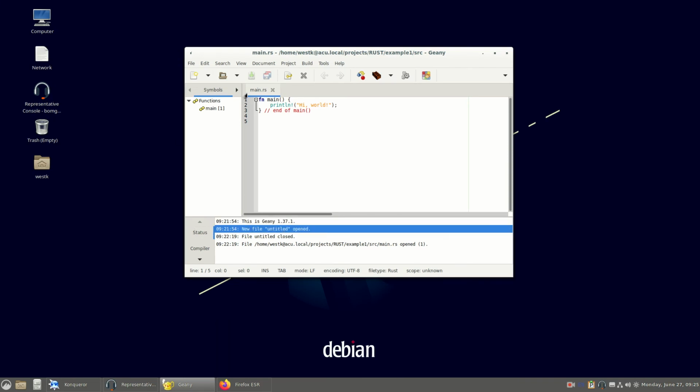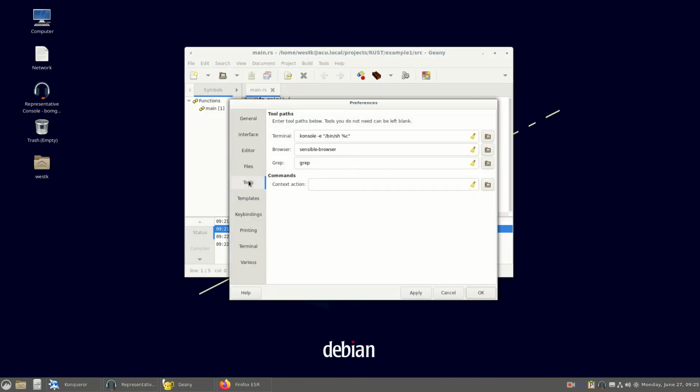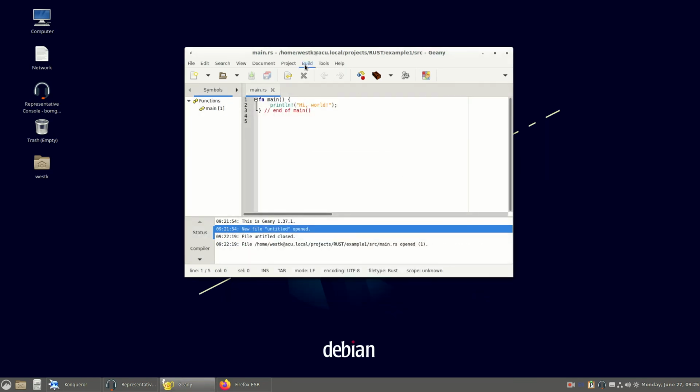Or if you don't want to mess with that external window, you can run things down here in this area. The way you do that is go back into Preferences, and instead of going into Tools, go into Terminal and click on Execute Programs in the Virtual Terminal environment. Click. Now when you run it,